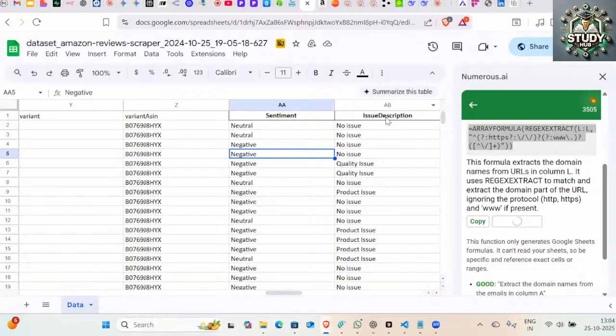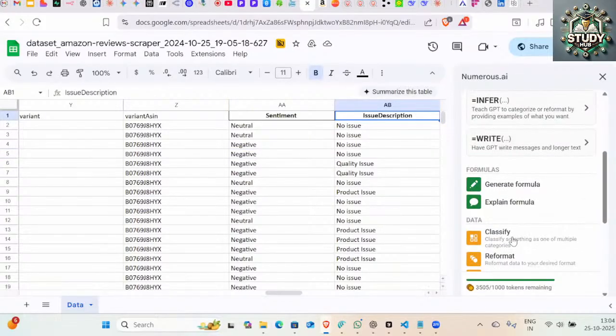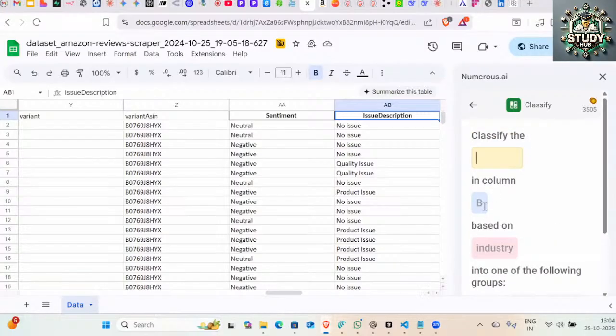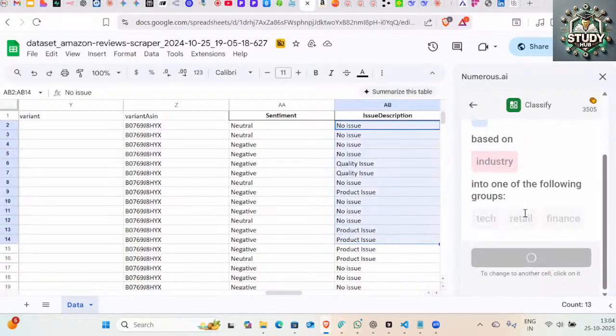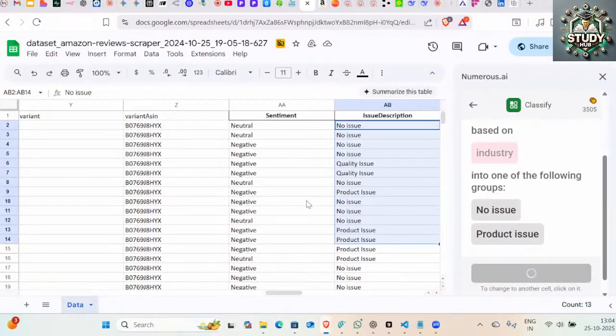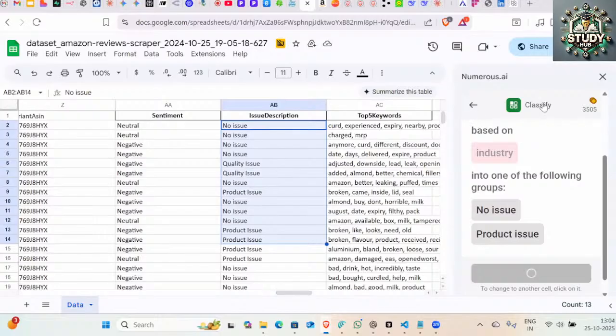Like sentiment, you see, issue description. I can go and ask, can you describe or classify the particular column into any one of the following, right? All my reviews are classified into whether it's no issue, a quality issue, or a product issue, and now you can route it to the right department within this Excel file. So you can create your own categories like no issue, right? I have created product issue. I can use these kinds of things by just mentioning it, and it will create a new cell for me and have it already done, right?